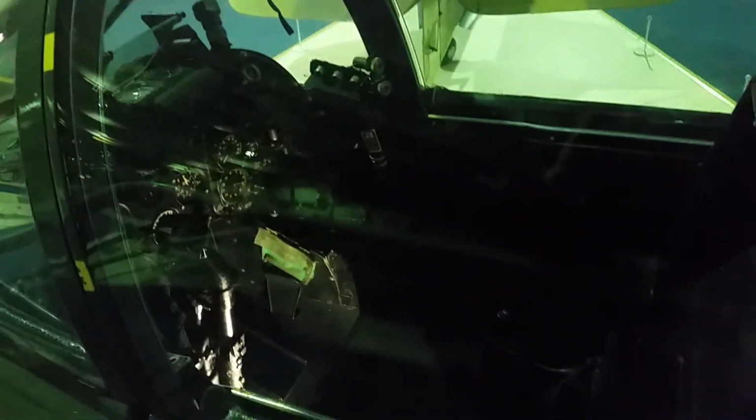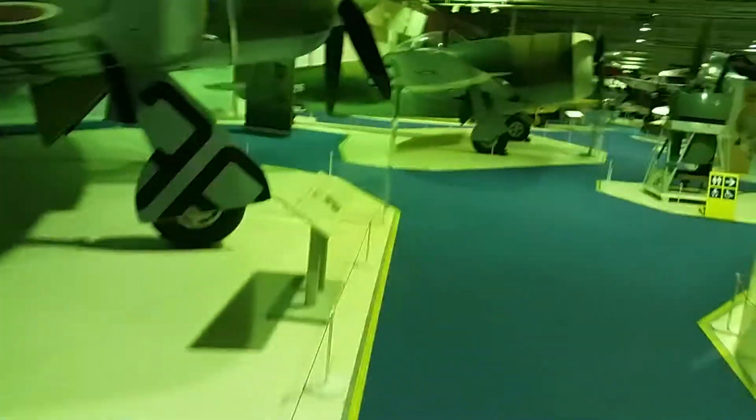Very compact little cockpit in here. But as I say, it is a beautiful, beautiful looking aircraft. I can understand why it was my dad's favourite. He saw it from prototype form at the Farnborough in the 50s. And the only aircraft that succeeded it was, as I say, the Lightning. And there you go. Right, let's go and have a look over here, because there's one aircraft I do want